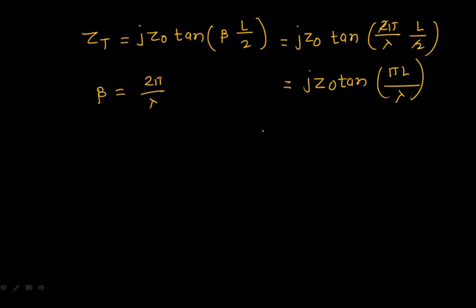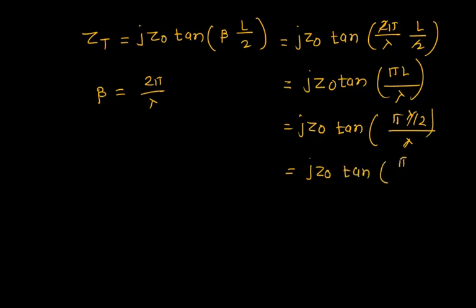Okay, so I have got this equation. For L, you have just used the length, which is lambda by 2. So put all those values over there: jZ0 tan of pi times lambda by 2 over lambda. Lambda and lambda will get cancelled. So jZ0 tan of, I guess this will be pi by 2. If I take this value, tan of 90 degrees, jZ0 tan of pi by 2, this value will come to infinity. So I can say my ZT is nothing but infinite.